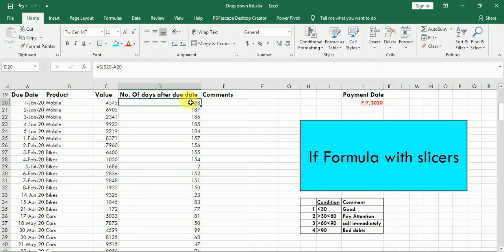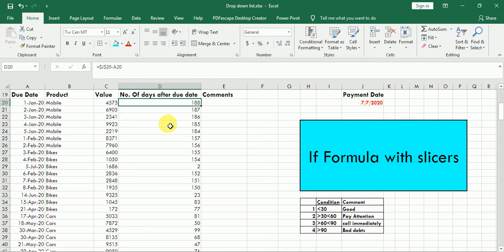Alright, so now we have formulas but not values. We will always convert these formulas into values after applying the formula. Now how to convert these formulas into values?